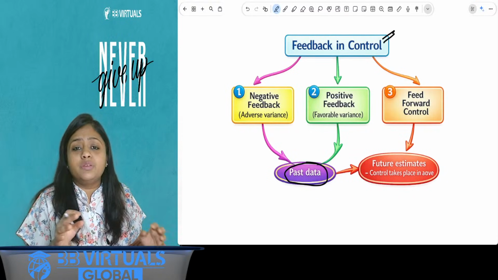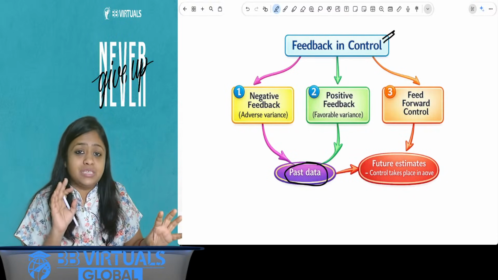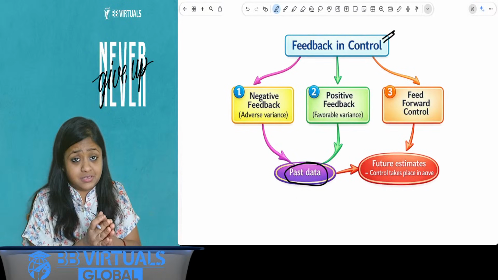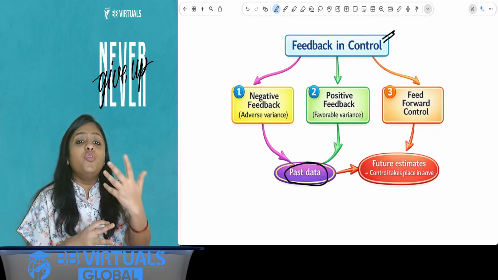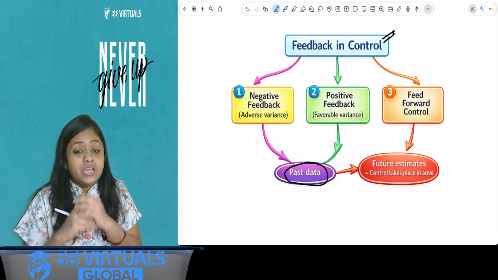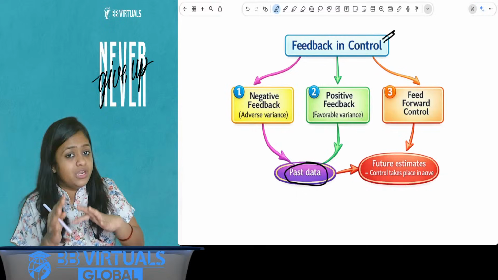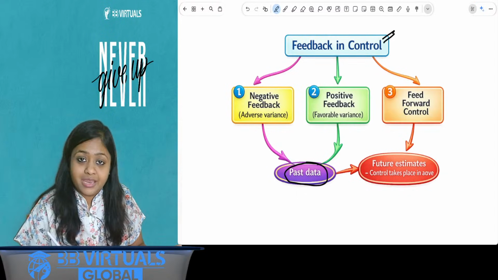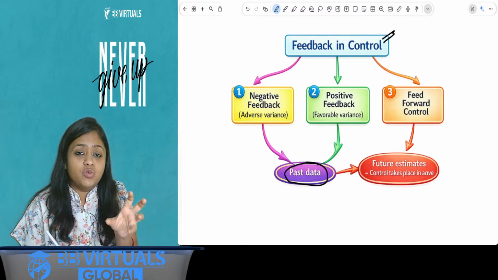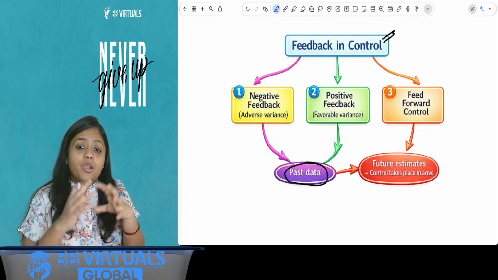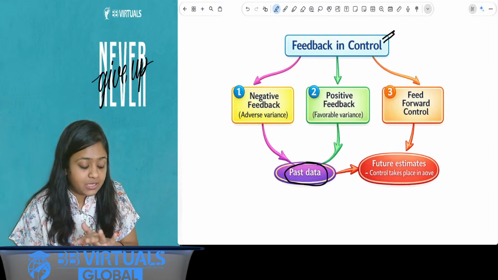So at the end of the year we will compare between the target performance and the actuals, and then we get the variances, and then we try to improve for the future, correct? So the period has already gone by. Now you cannot change that, but what you can change is the future period. Correct. So when you do the budget analysis for a past period, then we have a negative or a positive